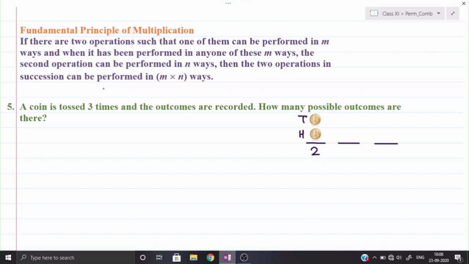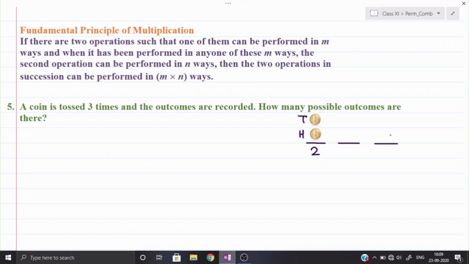Okay, 3 different persons are standing and they are tossing the coin at the same time. So if 3 persons toss the coin at the same time, on the first coin either head or tail can come, and similarly on the second and the third coin also head or tail can come. So here 3 places I have shown: this is the first place, second place and the third place. These 3 places are the 3 different outcomes from the 3 different coins we are showing.